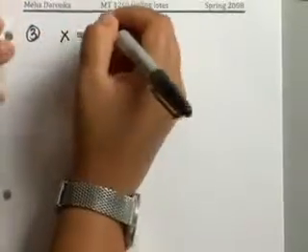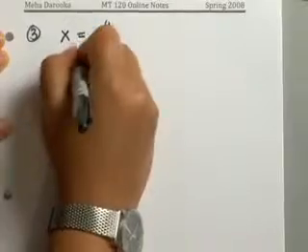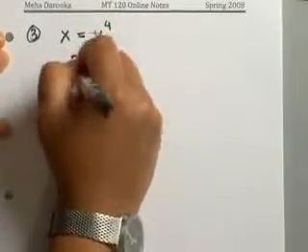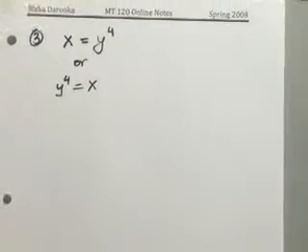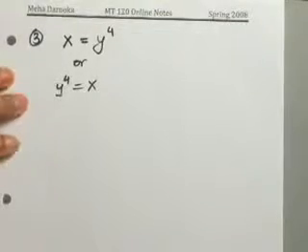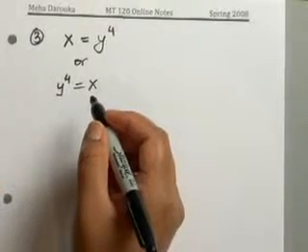Now here we have the example x equals y to the fourth, or you can write it as y to the fourth equals x. Either way, it's the same equation. Now, the idea is, what's our domain going to be? I'm sorry, what's our domain, and is this a function, or is this just a relation? So to find out, what you will do is,